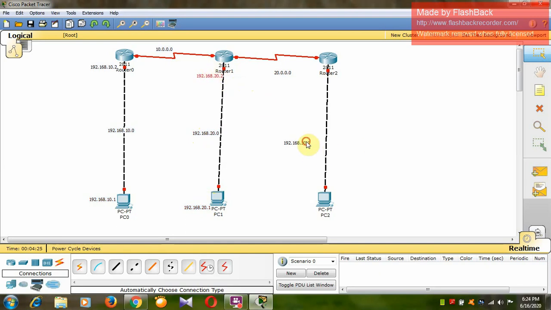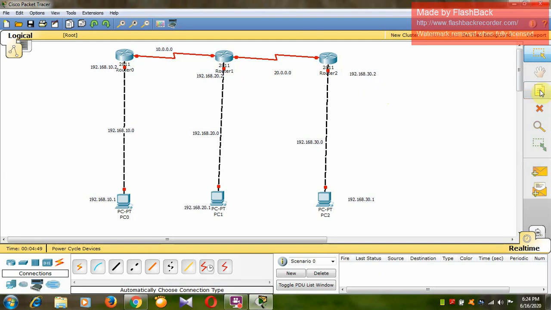Similarly you can take here 192.168.30.1, and this port 192.168.30.2.